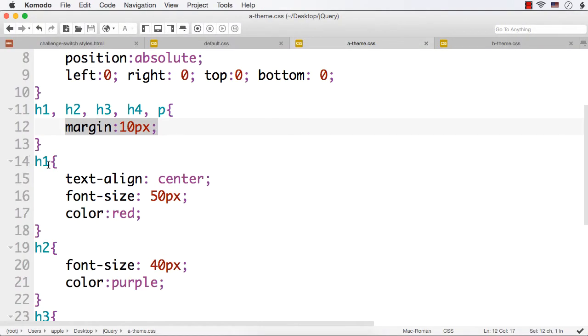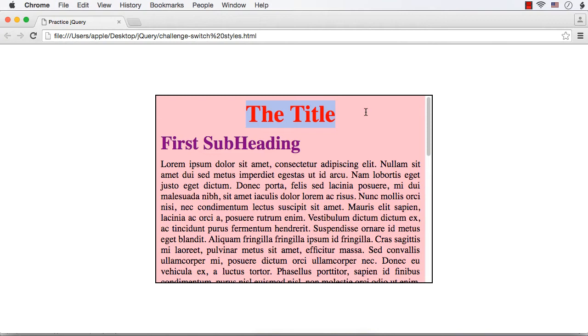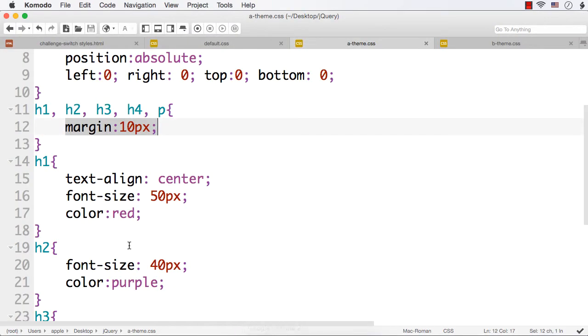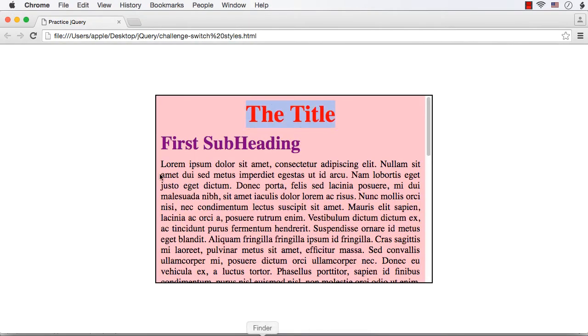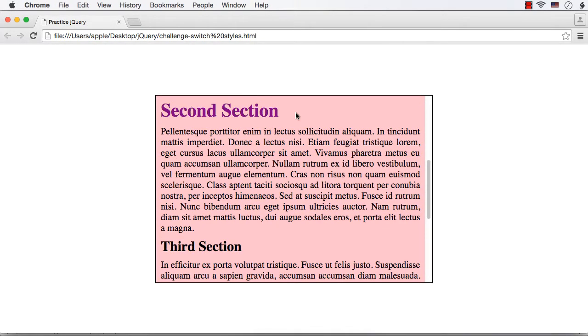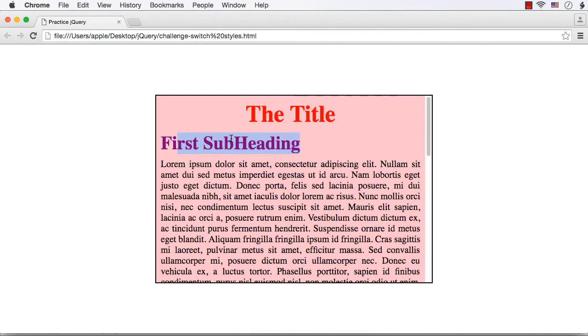Then I have specified H1's text align to be center, font size to be 50 px and color to be red. That is why the main heading is appearing at the center with a red text color and 50 px size. Again, I have set H2's font size to be 40 px and color purple. That is why first subheading and second section, these two have H2 tags.